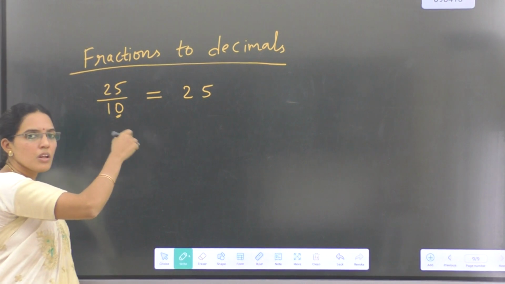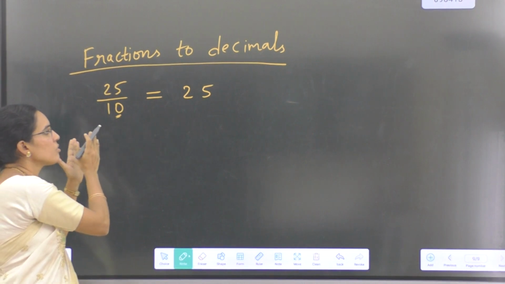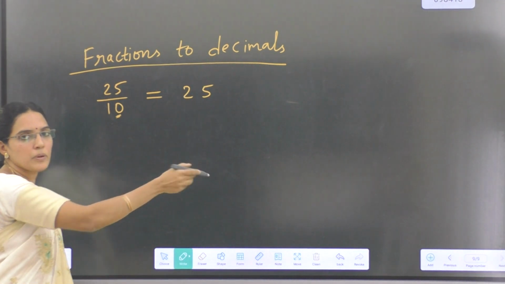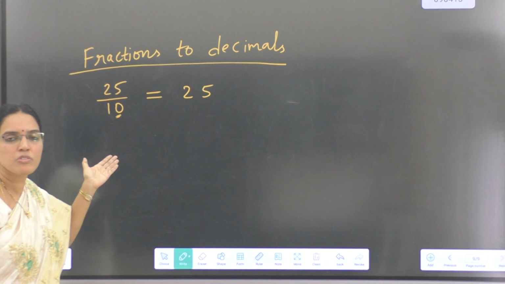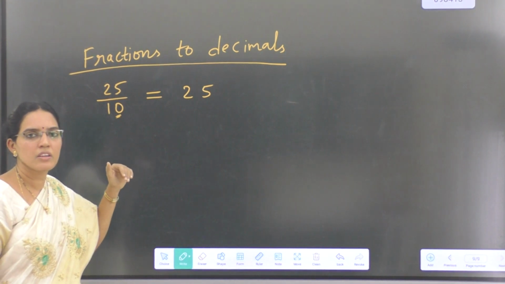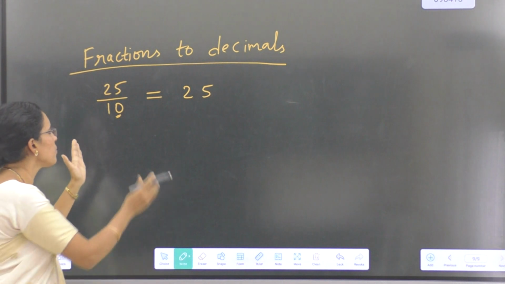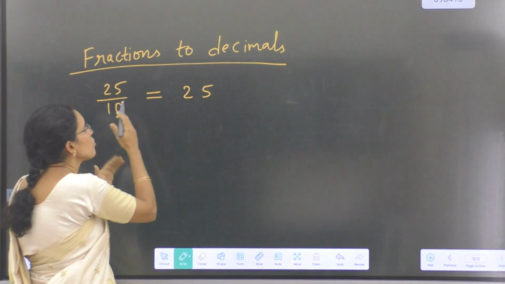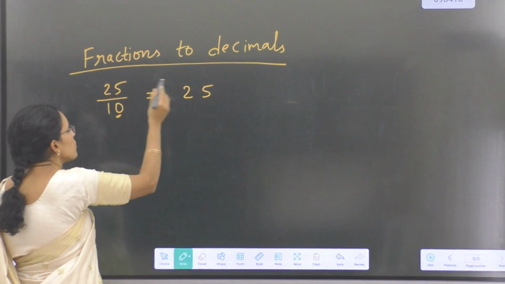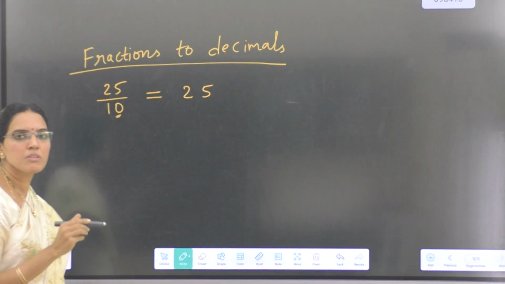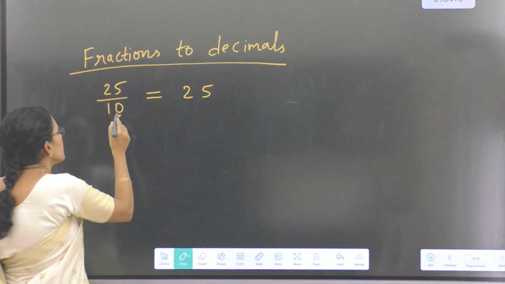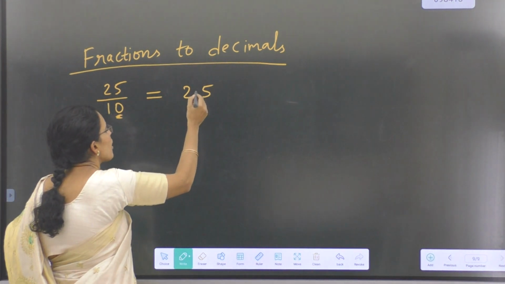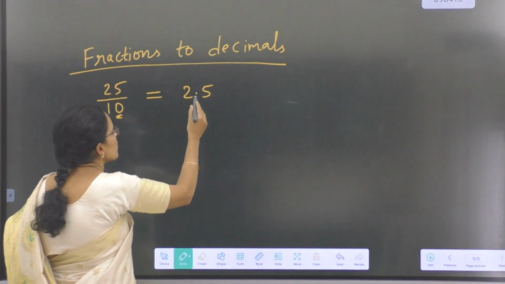In your syllabus you have just decimal fractions, conversion of decimal fractions to decimal numbers. Other than decimal fractions, we need to divide. That one you learn in higher classes. Now decimal fractions only I am explaining. How we will convert decimal fractions to decimal numbers. First write the numerator digits as it is and keep the decimal point such that here it is having 10 in the denominator. Therefore in the decimal number it should have one decimal place. Therefore keep the point here.